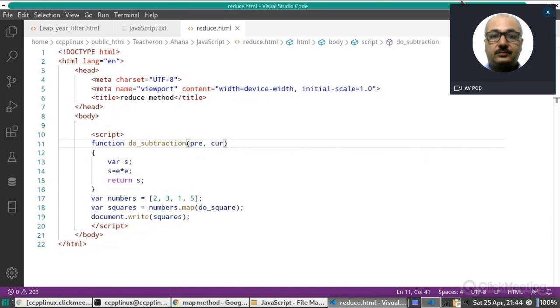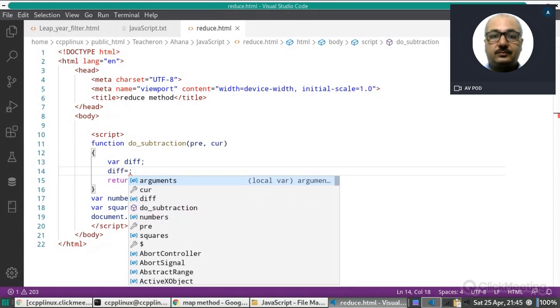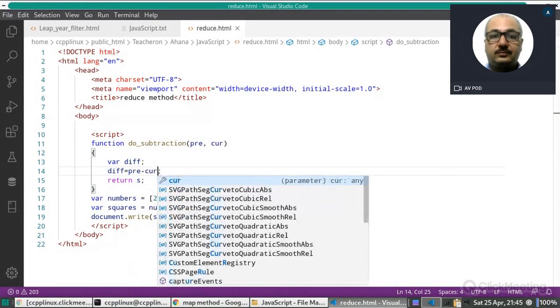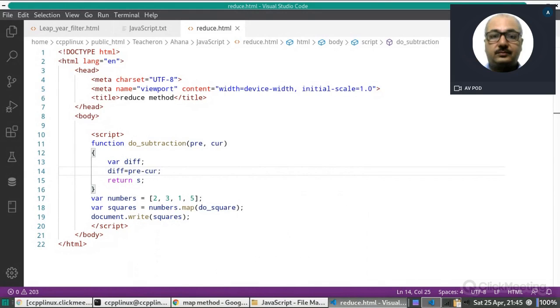So for the first time this pre will contain the first element and current will contain the second element. Now, suppose we are having a variable for storing the difference. So here we can write difference equal to previous minus current. Means it will subtract the value of current from the previous.